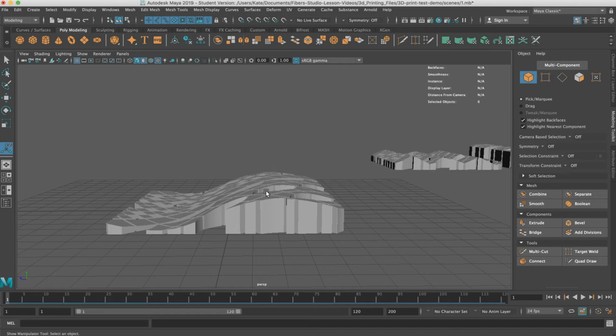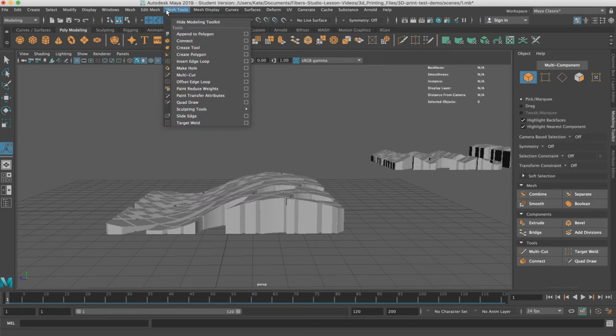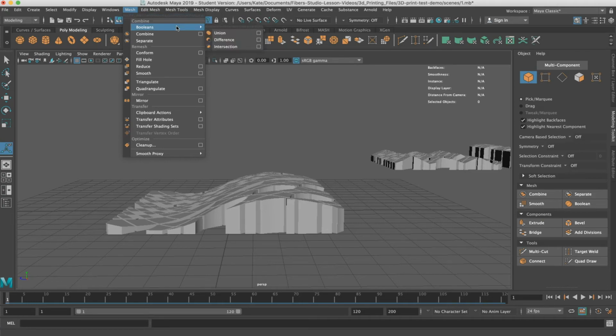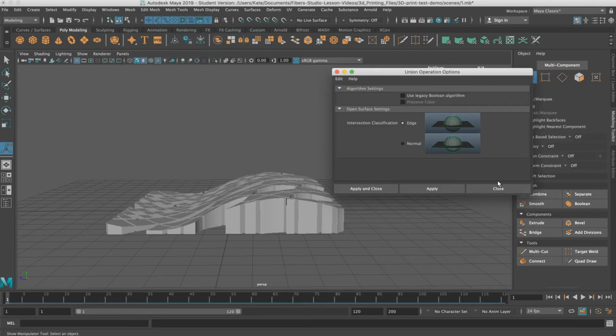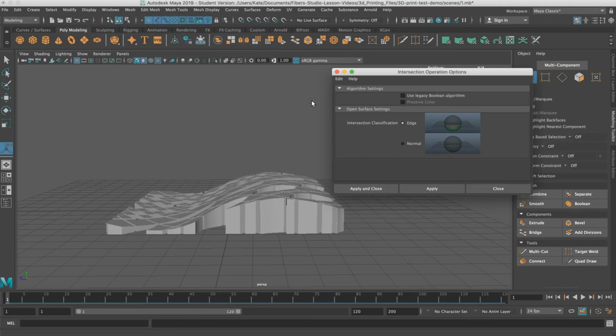If you have some problem where it didn't remove your plane, because I did try one of these and it didn't remove my plane, it left the plane but cut the top part out, what you would do is, because the thing with Maya is it looks like there's a lot of buttons, but most of the buttons do the same thing, so there are multiple ways to do them. So you would go to mesh and you would go to Boolean, but instead of just pressing the button, you would click on this square, because this square gives you a bunch of settings so that you can control it better. So you would go to the intersection one,